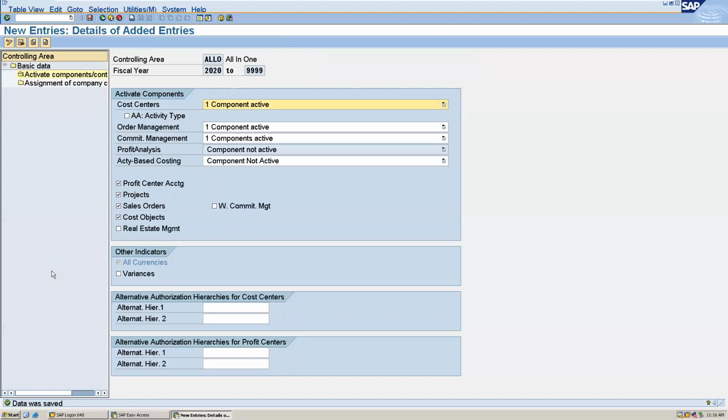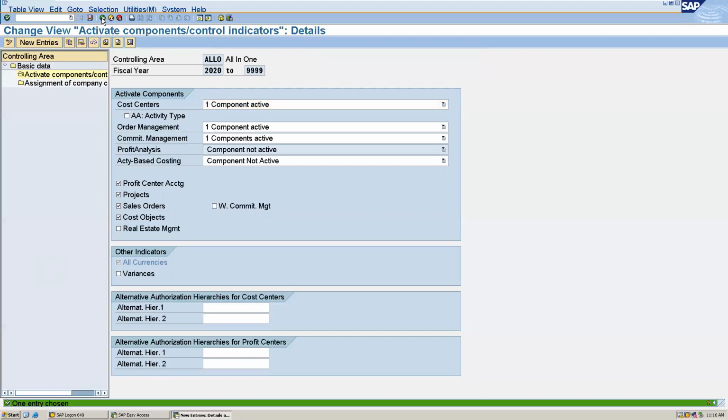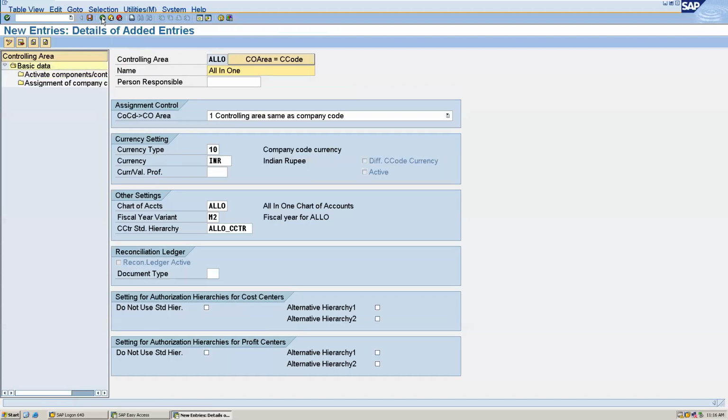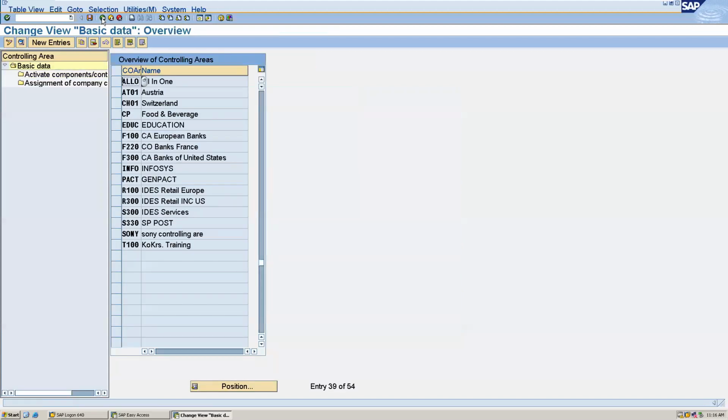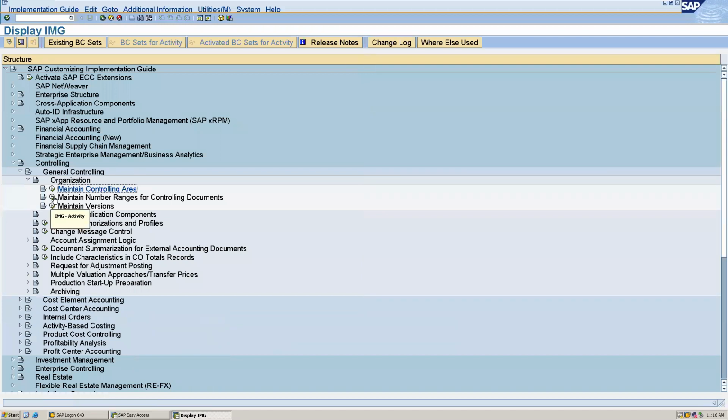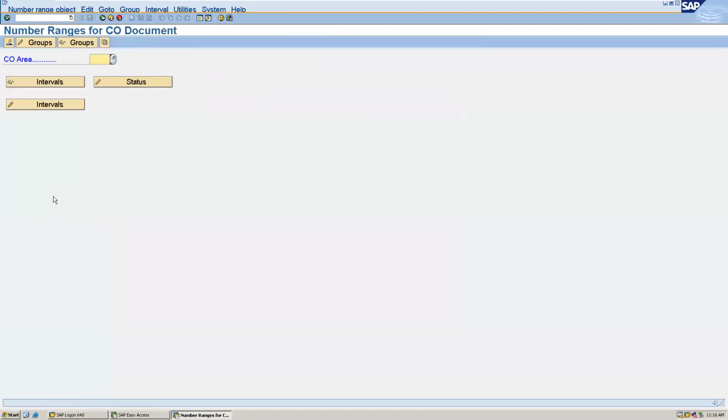And now we will see how to maintain the number range in the controlling documents. Go back. Here you can see maintain number ranges for controlling documents. Our controlling area is ALLO.